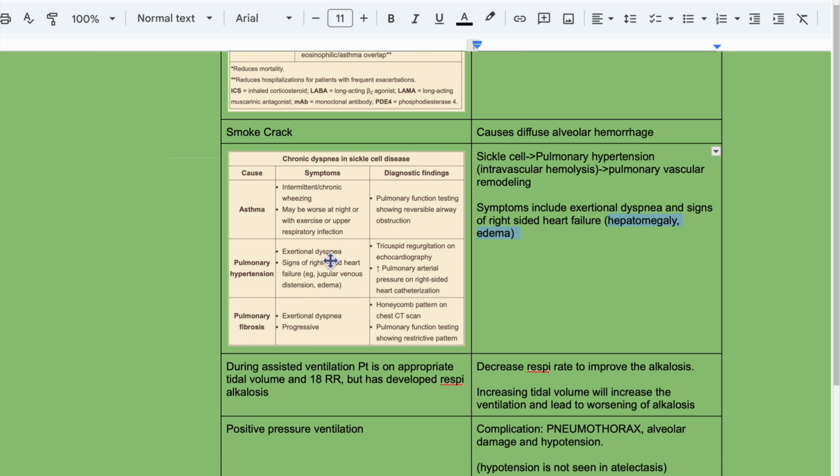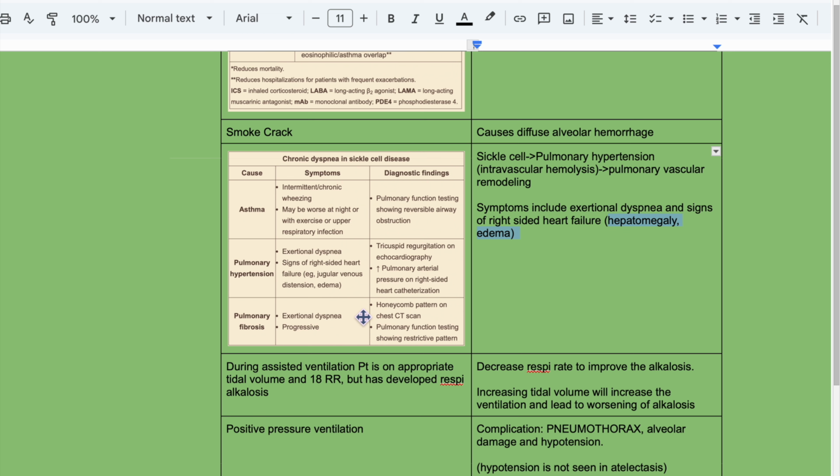Pulmonary hypertension: exertional dyspnea, signs of right sided heart failure, for example jugular distension, edema. Diagnostic findings are tricuspid regurgitation on echocardiography, increase in pulmonary arterial pressure on right-sided heart catheterization. Okay, pulmonary fibrosis: exertional dyspnea,